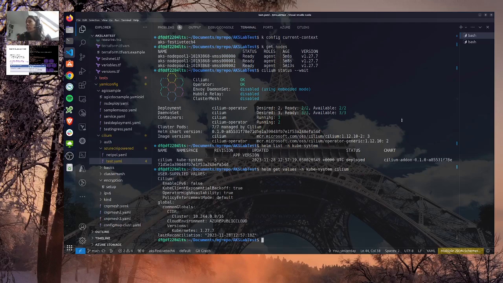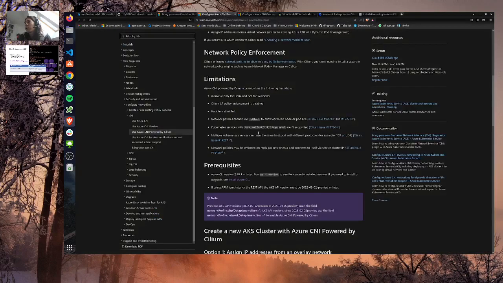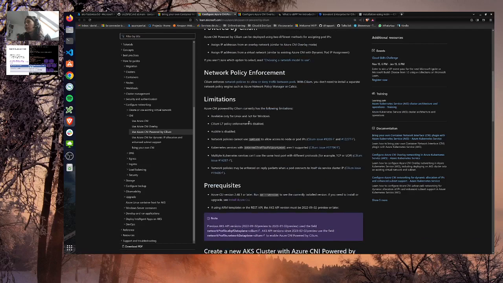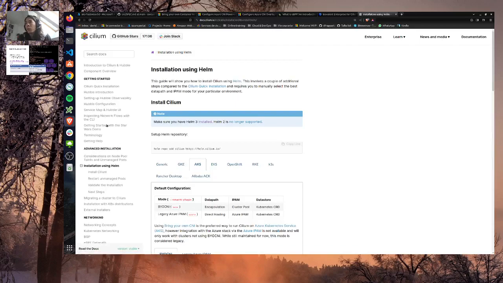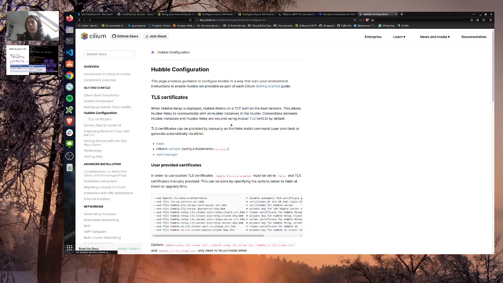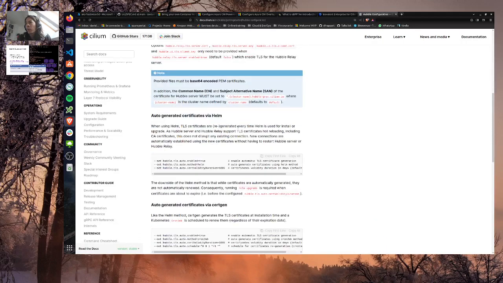Maybe I can check if I can install some stuff, because remember, if I go back to my configure Azure CNI overlay powered by Cilium, it's written here that I don't have Hubble available. But can I install Hubble myself? So Hubble, as I mentioned, is the native observability tool available for our cluster.